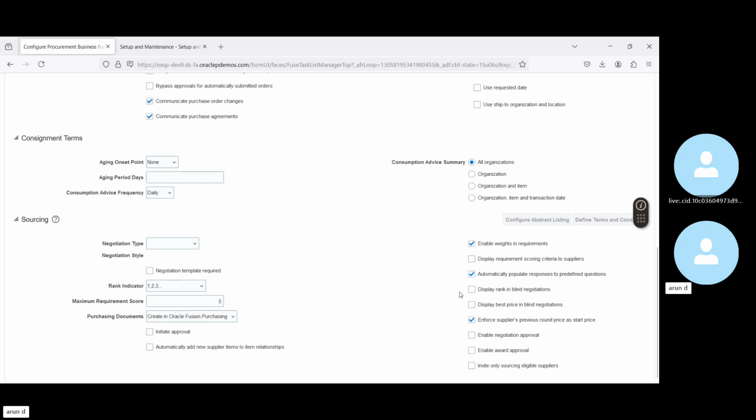And then this is nothing but weight and requirement. So these are basically part of the sourcing model. I mean, it's part of procurement, but sourcing is part of this. So we'll have that also covered. We'll have these weights, the scoring criteria, and then the responses capture, all those things. So I'll just enable this also, and automatically populate the responses to the predefined questions, which also I'll enable,